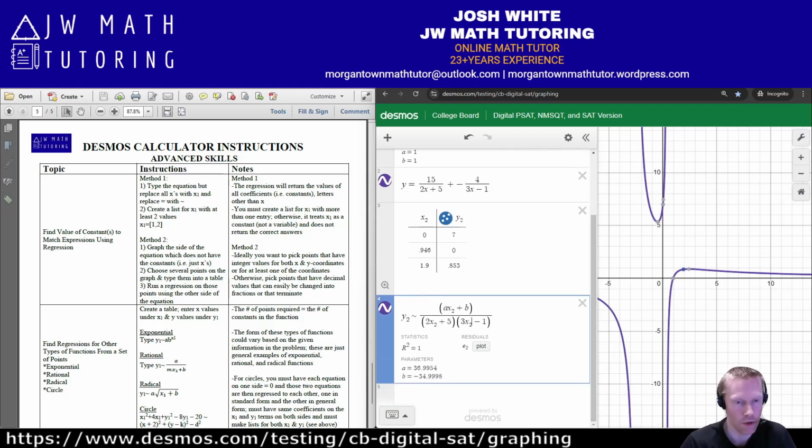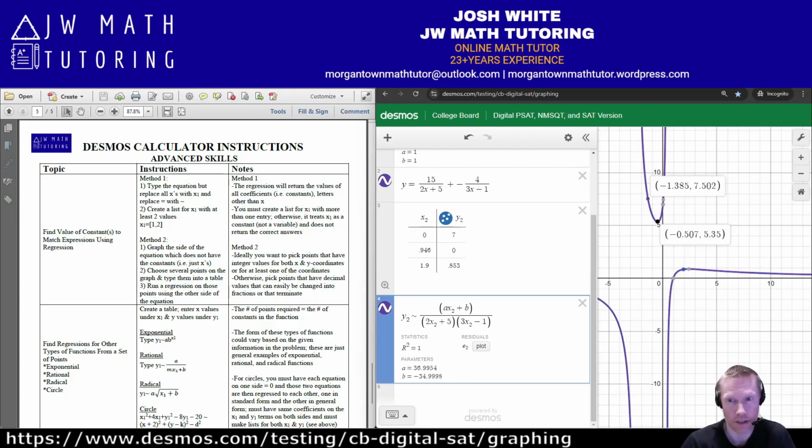Okay, so here is one of the problems with this approach. Notice it's not giving me exactly 37 and 35, and the reason is because these are not exact values. You know what I'm saying? They're most likely rounded off. It's not just 0.946. There's extra decimals after that that I don't have. So that's really ideally why, if possible, you want to see if you can find